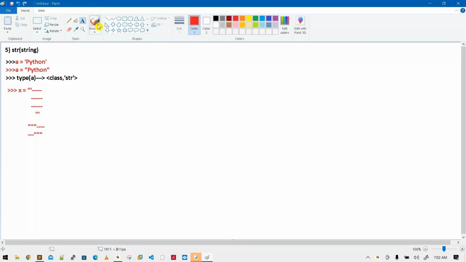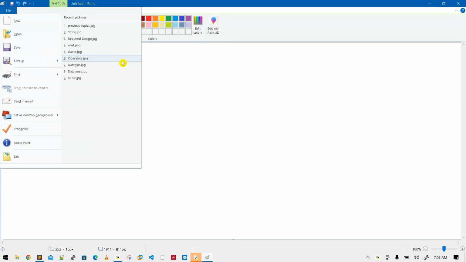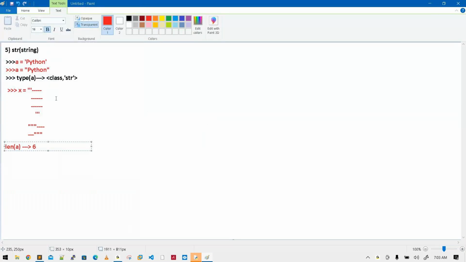And next we covered one more thing. When we use the length function, length of A, we get one answer like 6. That is the number of characters, or items. Everything we should call an item in the given string or string object. The number of characters is 6, which means the index will start from